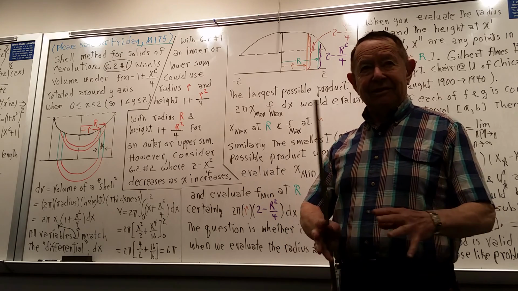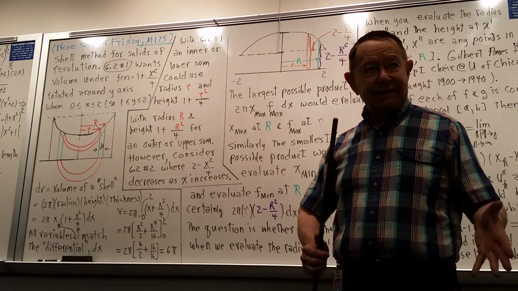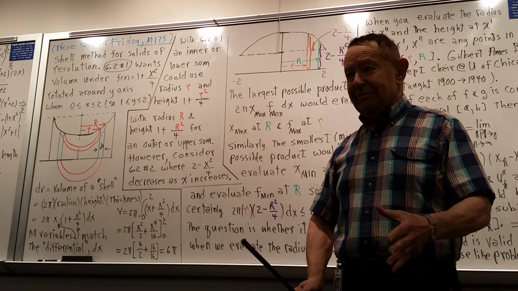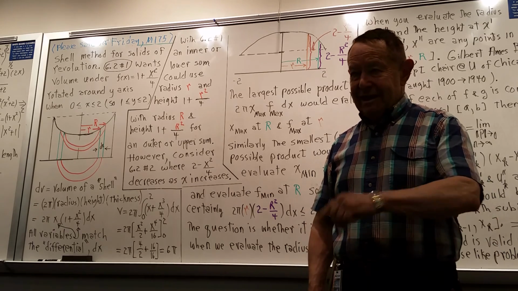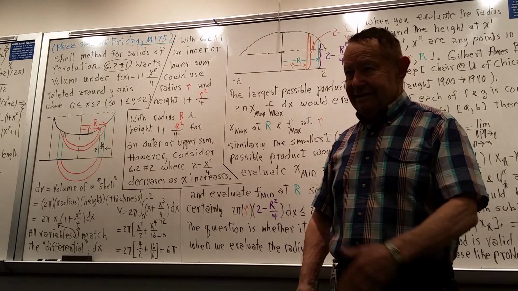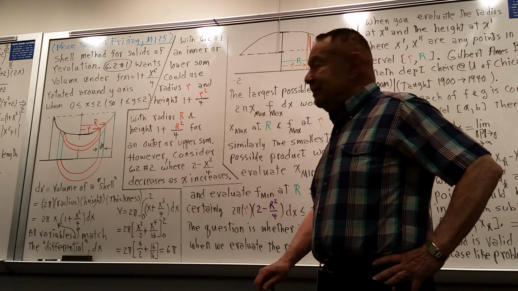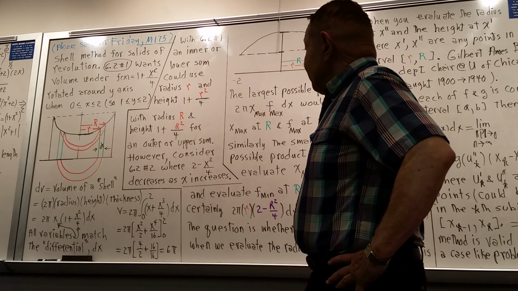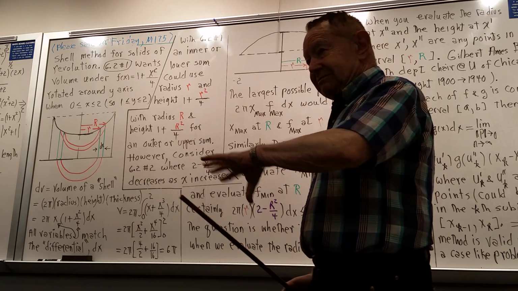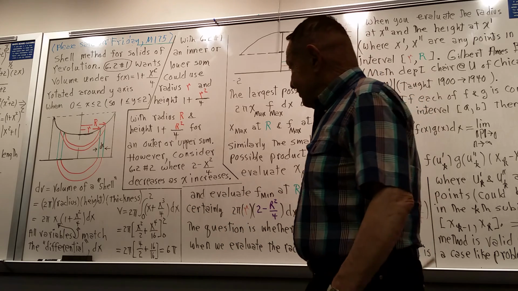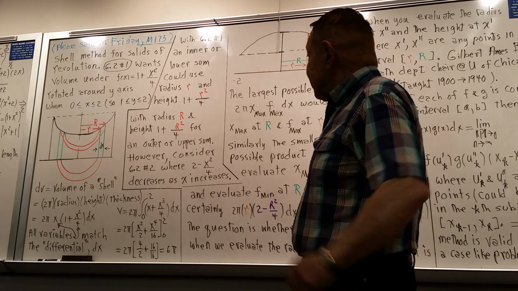And then we argued that our true volume had to be squeezed between those, and since they both had the same limit, we could say that limit was the volume, and then that matched what you got with the antiderivative. If you were here, and I'm sure you were, you remember doing this. Well, reasoning in this way, which is always what's underneath doing an integral by getting the antiderivative like this, you